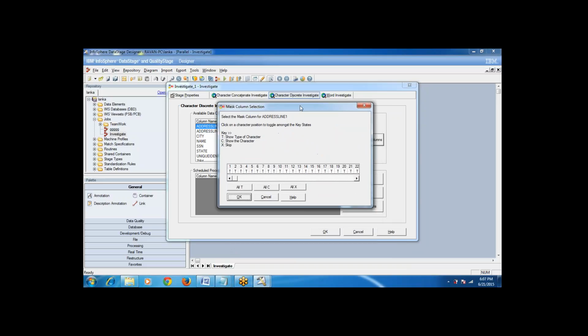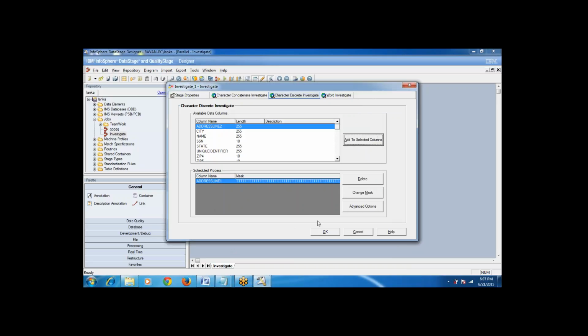For now, let's put all T's. We'll see the report, and then we can change to mask C, and then apply mask C and mask X, and see how the report varies. For now I'm keeping it as all T.